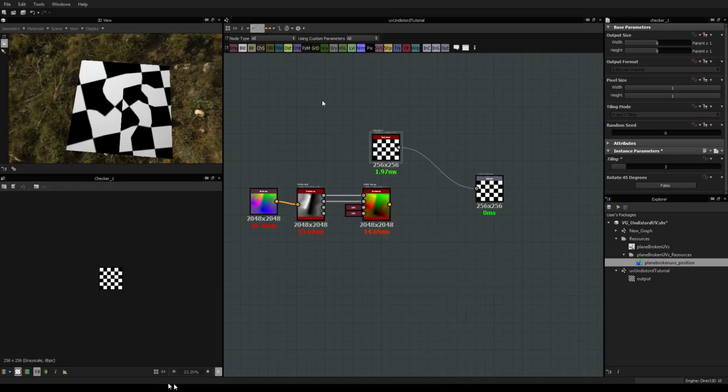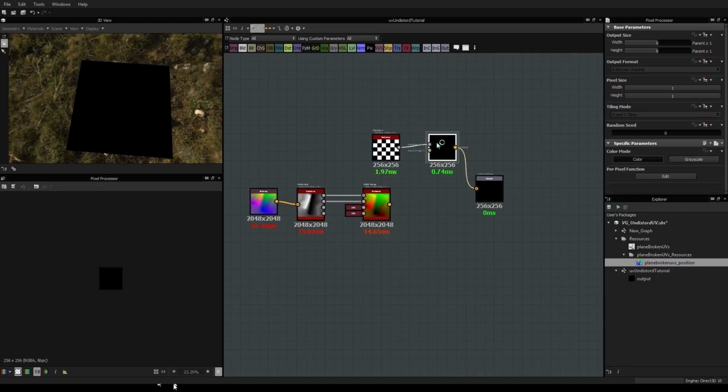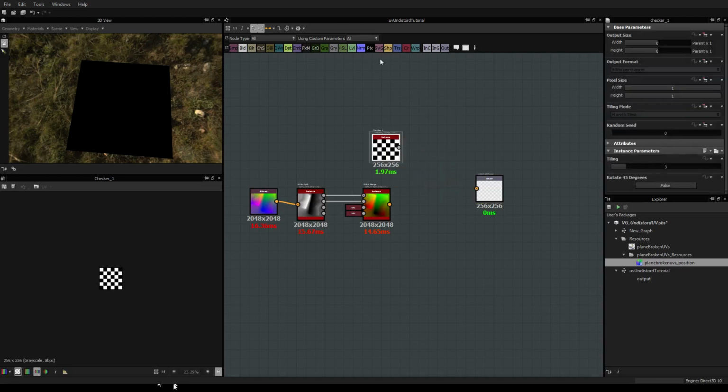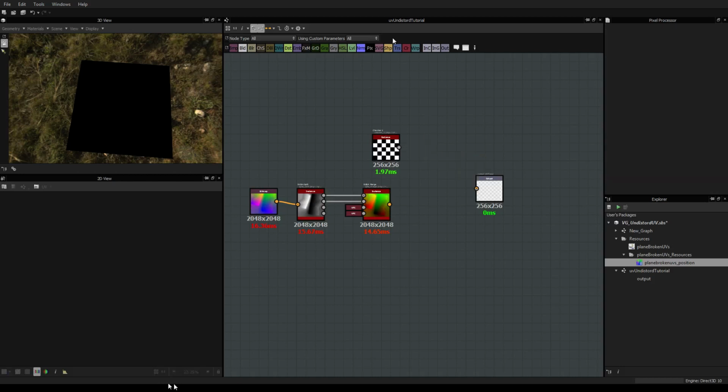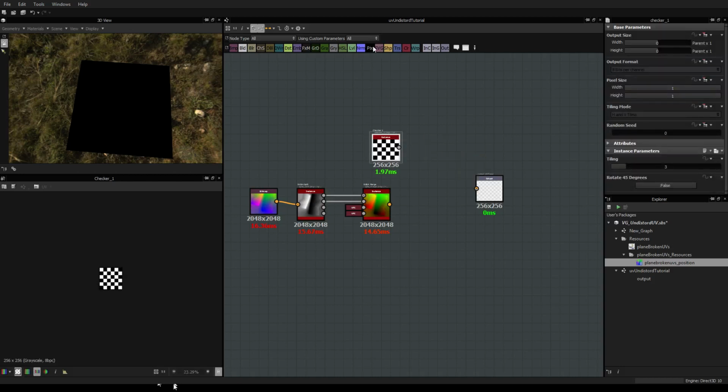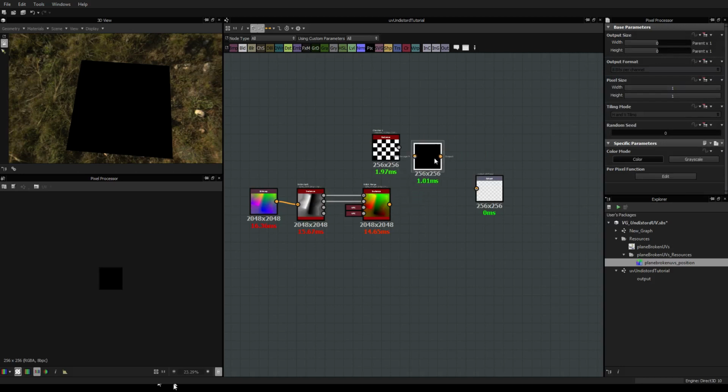What I could do as well is to say, okay, I select that and I have the pixel processor node here, and you see, just by clicking it, it added it because it was selected. I redo it if you want. If I select this and I click on it, it will connect directly. If I don't want it to be connected, I hold shift. This may change, but so far it works this way.